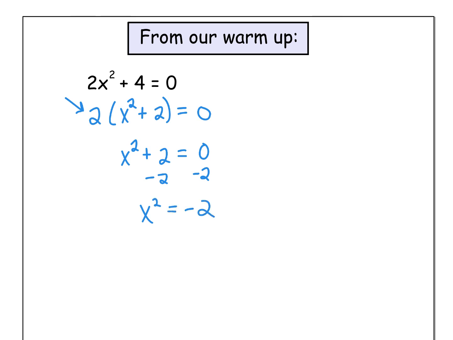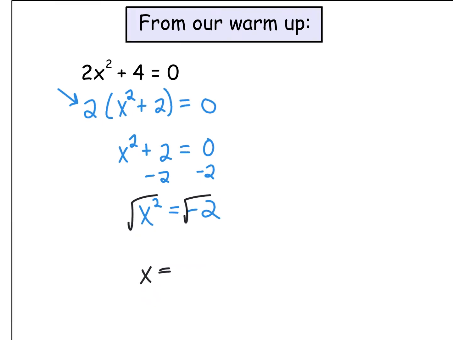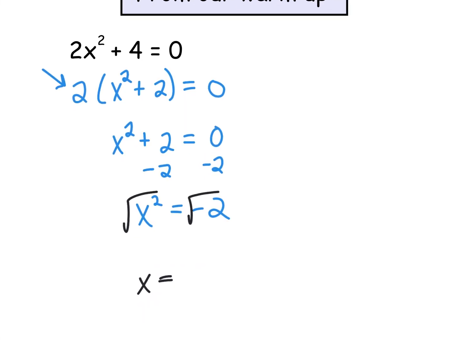And we haven't done this yet this year, but we will. To undo squaring, we're probably familiar with square root. So what we're going to do is take the square root of both sides. Okay, so x is going to equal, and there's one more thing here. When you solve an equation taking square roots, and we're going to do more of this later, you need to include the positive and the negative. So we do a little plus or minus in there. And the reason why,